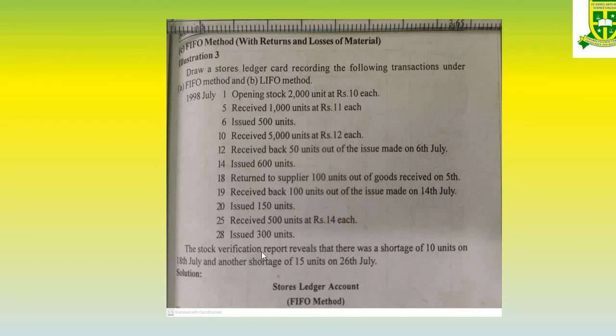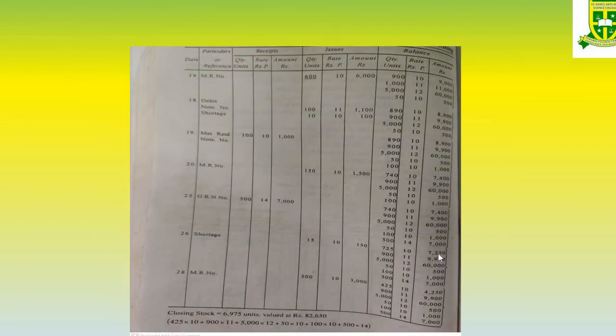On 18th July, the stock verification has been done. There is a shortage of 10 units. While in the manufacturing process, there may be a shortage of goods for manufacturing. So what do we have to do? We have to issue again to the particular concern. So same as issuing, for shortage you have to follow it. What is the shortage that happened there? 10 units they needed. So 10 units, first in first out method.